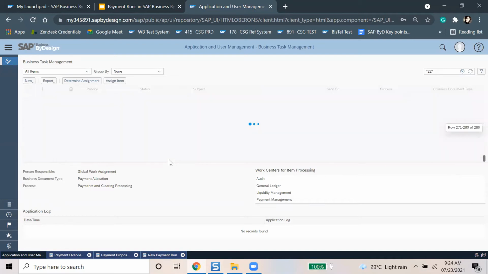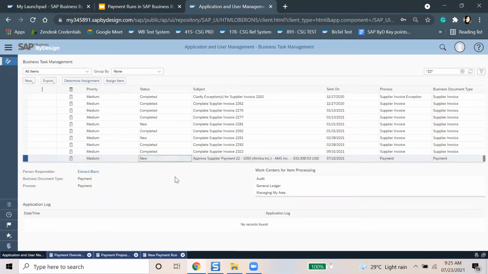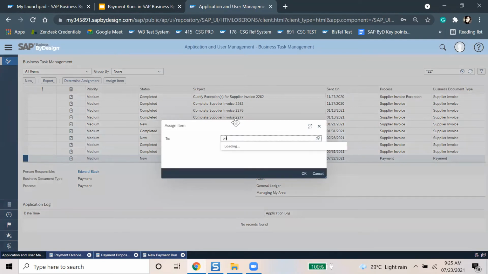It was 22, must be at the end. Okay, it's here. So I'll just assign it to myself. But this is not the ideal situation. We should always ask the one who is the approver. This is just because I'm showing you a demo.